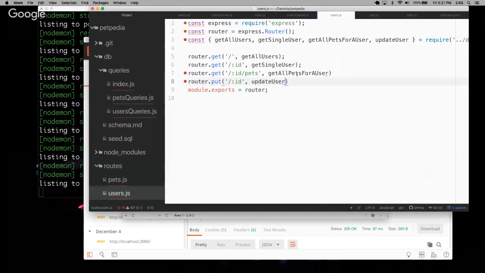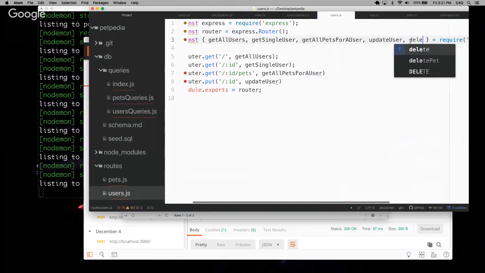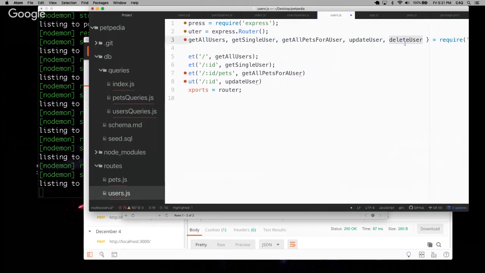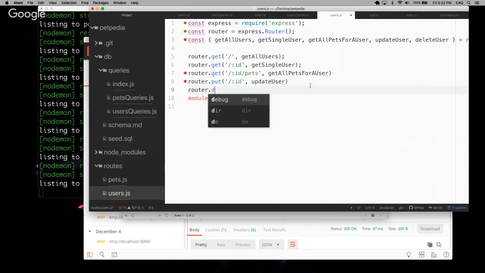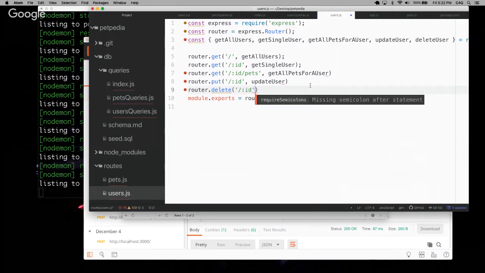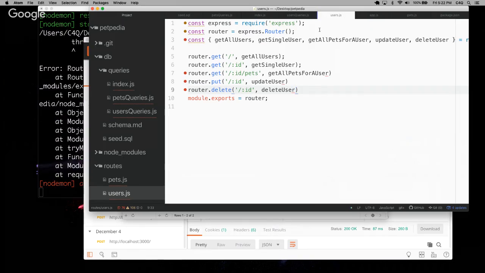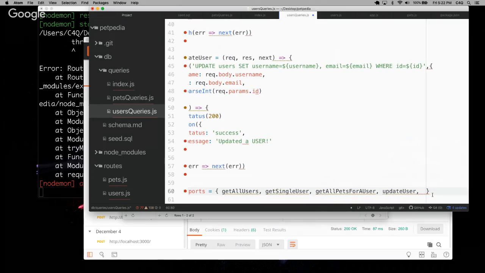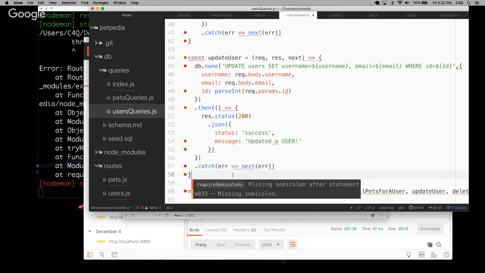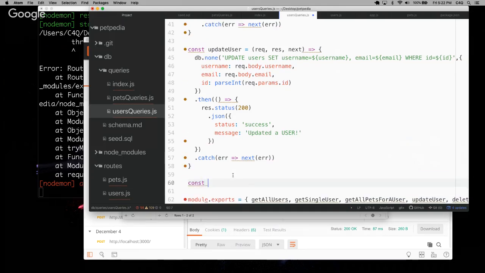Let's do it. So I'm just going to go from here. Set it all up. Delete user. I don't mind going back and forth. Router.delete. Takes an ID. And it's going to delete a user. And we'll go over to our user query. We might as well export it while we're here. And let's write it. Const delete equals